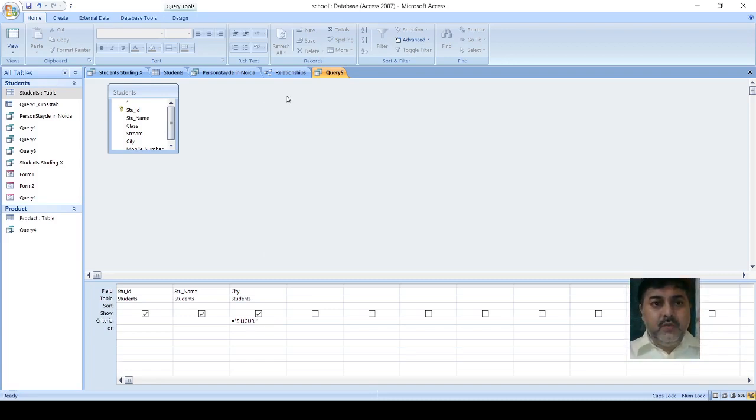Okay, so when we do it, you will click here on this cross. When you click it, you will see, do you want to save the changes of the query design? Yes. If you say yes, then the query name will come. Suppose I am giving here